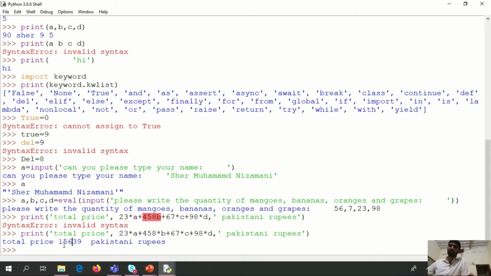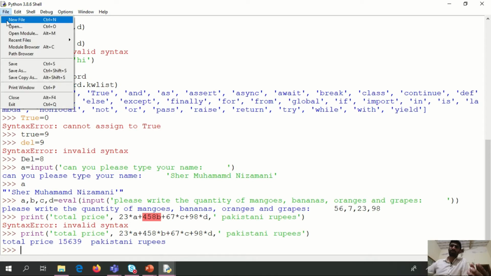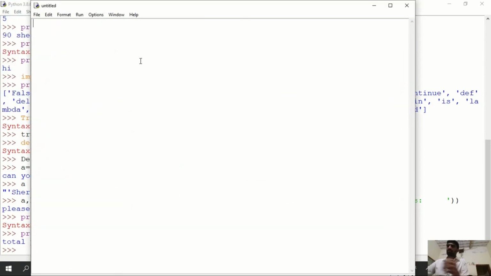So the total is 15,639. If you don't want to use the eval function, then you can use the integer function, which is very simple.